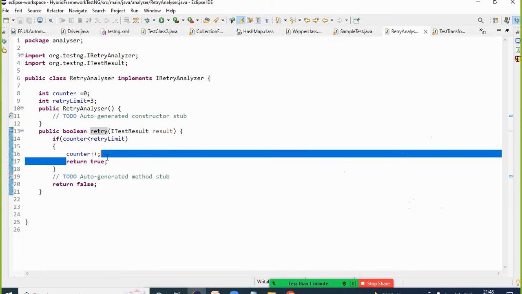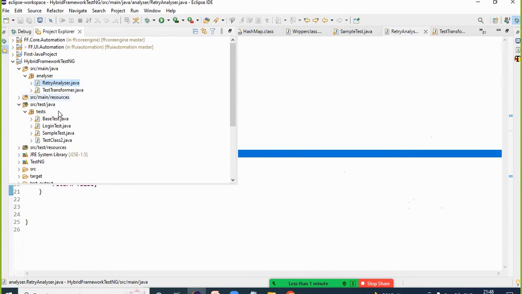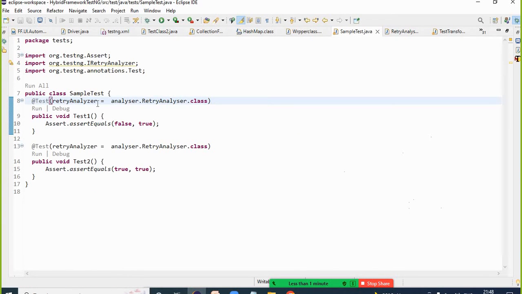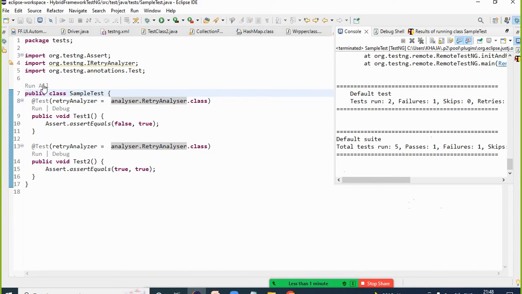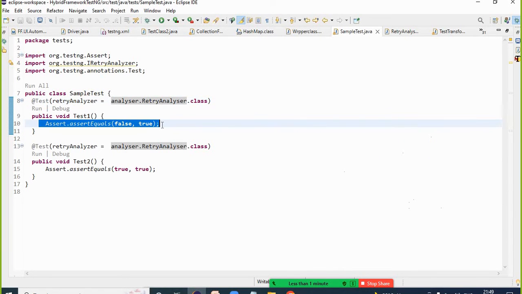This logic you can implement at test case level. For example, I have written two test cases. Under the test annotation I applied retryAnalyzer equals analyzer.RetryAnalyzer.class. I created the RetryAnalyzer class in the analyzer package. That's it. Then, if I am running all test cases, how many times will this test case run? Since this is failed,